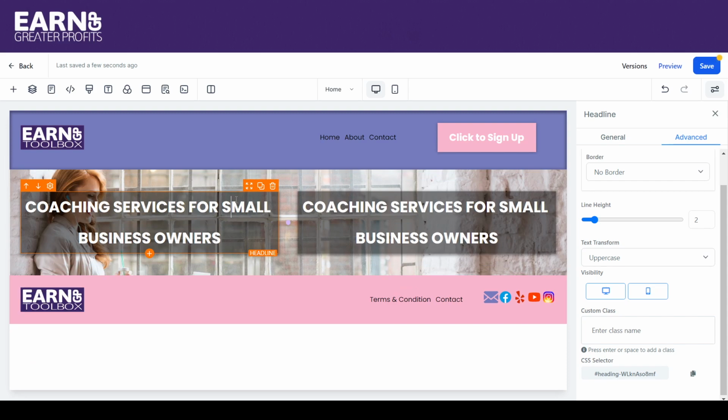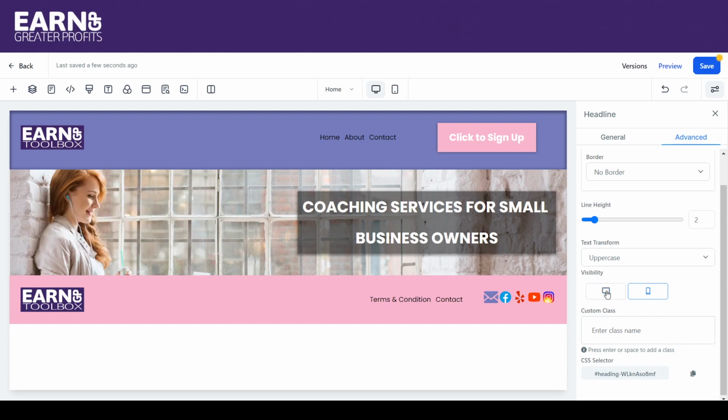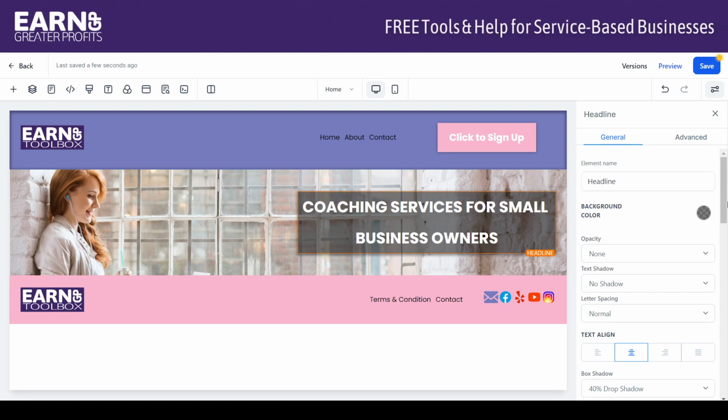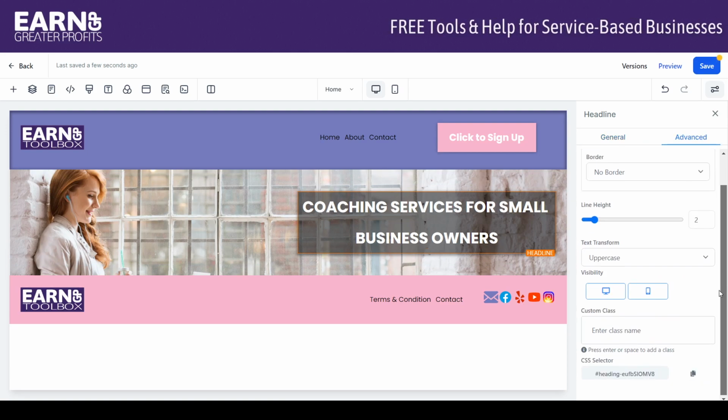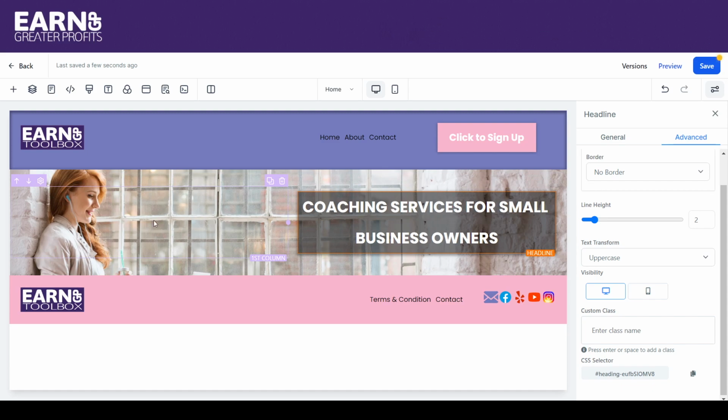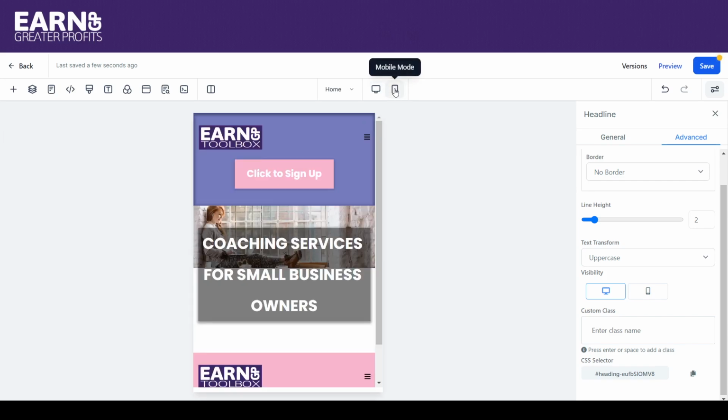Now with this one, we're going to change... Remember, this only changes whatever is highlighted. So I'm highlighted here in orange. I'm going to make it visible only on mobile, so I'm going to delete that visibility. So now you can't see it. And then on this one, we'll highlight that, go to advanced, scroll down. I'm going to not show it on mobile. Okay, so now in desktop view, we don't see that there, but now on mobile view,